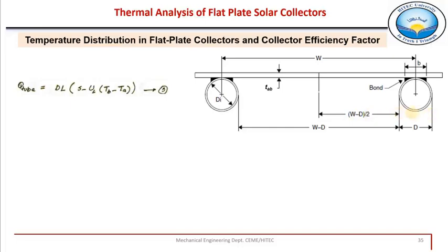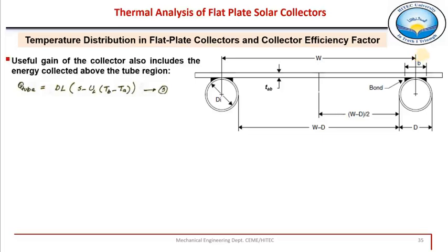from here till here, right? So this portion of the absorber plate which is directly over this tube is also absorbing heat. That's why the useful gain of this solar collector also includes the energy which is collected exactly above this tube region, and that is given here. And above this tube, if we see from the top, it is